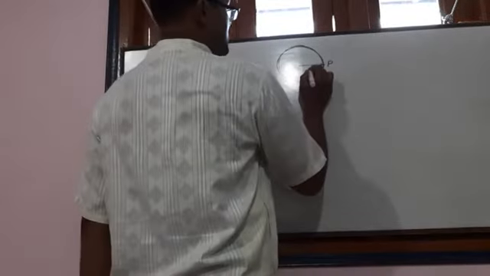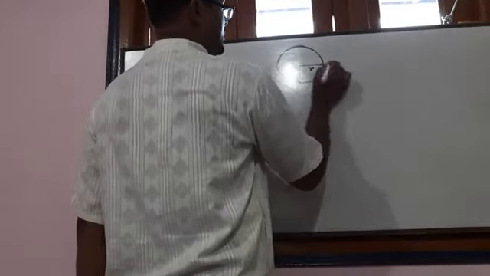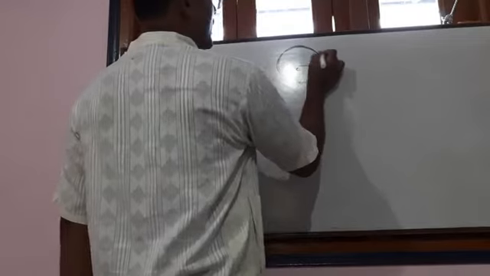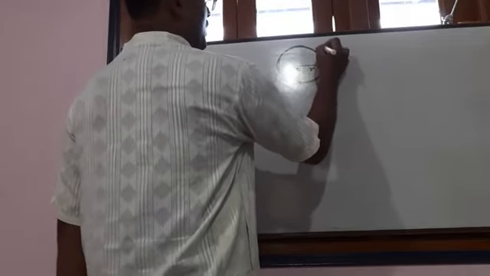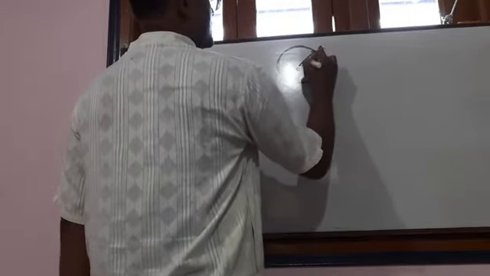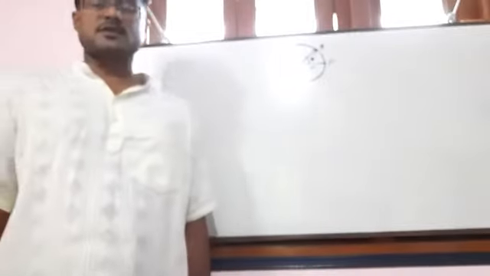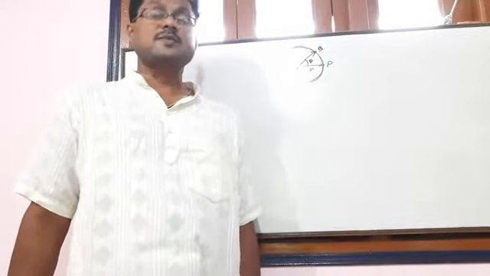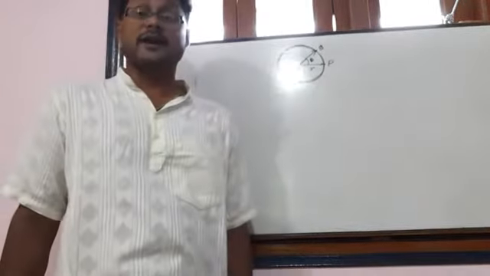So the radius vector is R here, in this direction. This is center to P. Now the particle is rotating, so it moves to the point Q, and the radius vector is here. So this angle is called theta, which is the angular displacement. So angular displacement is the angle made by the radius vector.